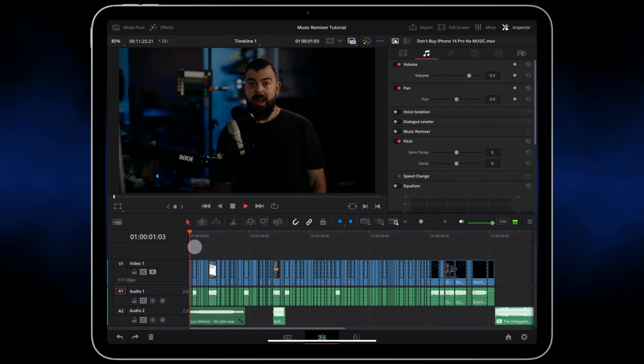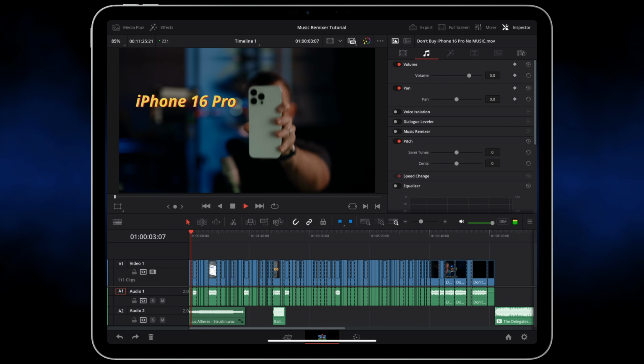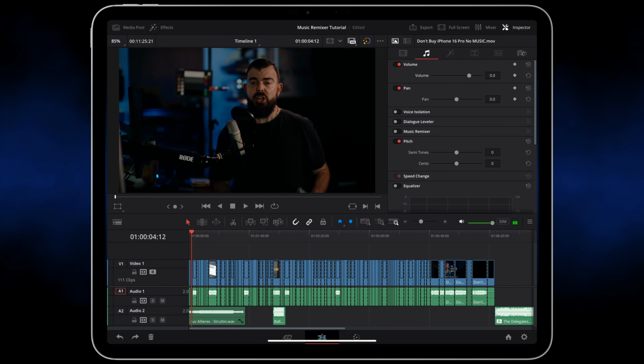If you're thinking about grabbing the new iPhone 16 Pro for filmmaking, now here it works less well because it's